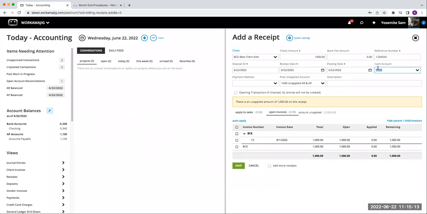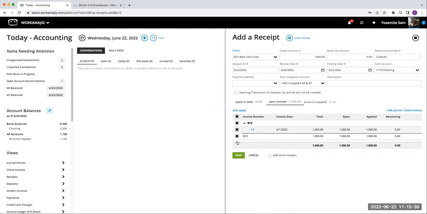This is coming from that system setup that we just looked at quickly. It's defaulting. This is the cash account that my receipt will go into when I post it, right? And then of course I received my $1,000. Am I applying that $1,000 to an open invoice? I certainly am. I'm going to select that invoice that I want to apply it to, and then I'm going